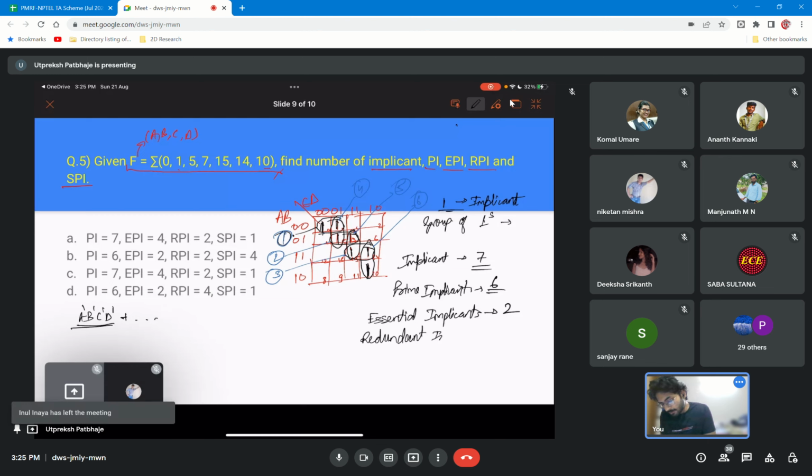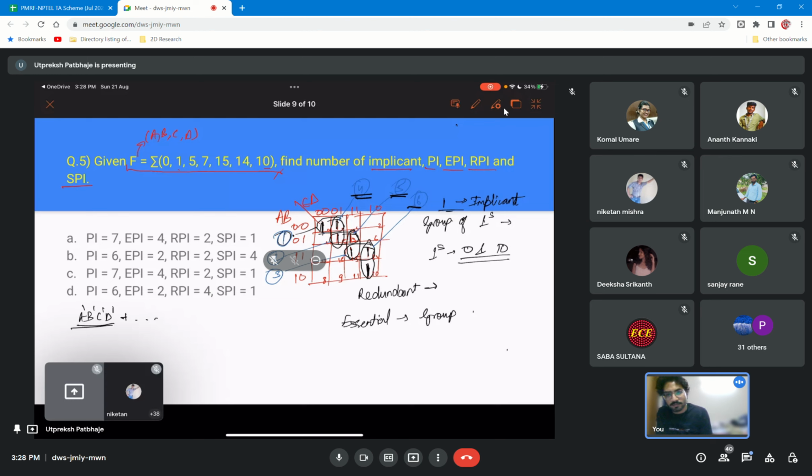whatever group you are choosing for essential should have a 1 that is not denoted in any other group. So in this whole K-map that is being drawn here, you can see that the ones at 0 and 10 are not covered in any other pairs that we have drawn. All the other ones, excluding 0 and 10, are being covered by some pair or other. So these horizontal ones, 2, 3, and 4, 5,